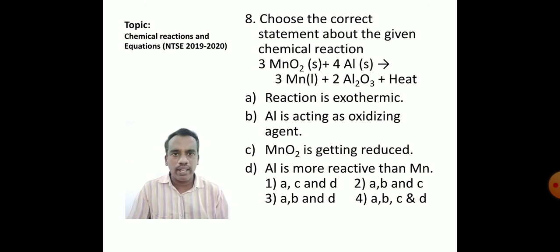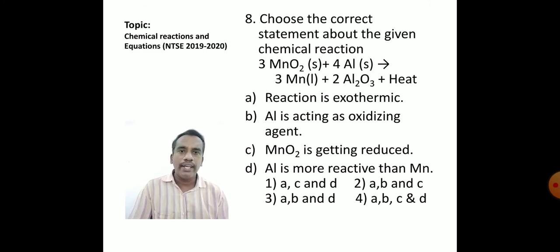Oxidizing agent is the one that makes another reactant gain oxygen. But here in the above reaction, please check the reactant side. We got 3MnO2 plus 4Al gives rise to 3Mn plus 2Al2O3. Is aluminum making the manganese gain oxygen or lose oxygen? Aluminum is not making the manganese gain oxygen, but it is making it lose the oxygen. So we cannot call aluminum an oxidizing agent now, but we need to call it a reducing